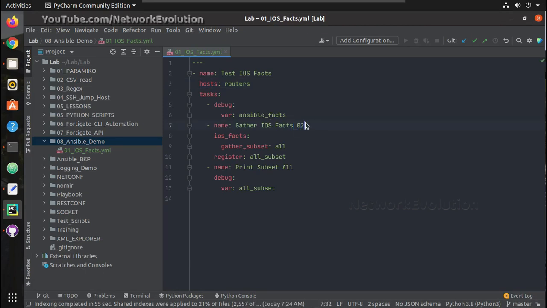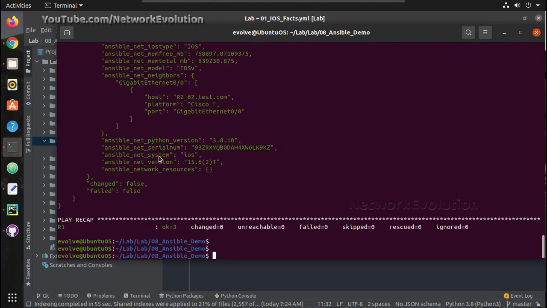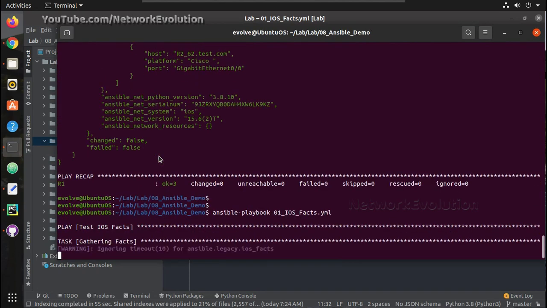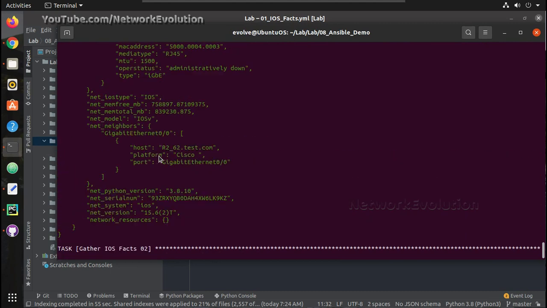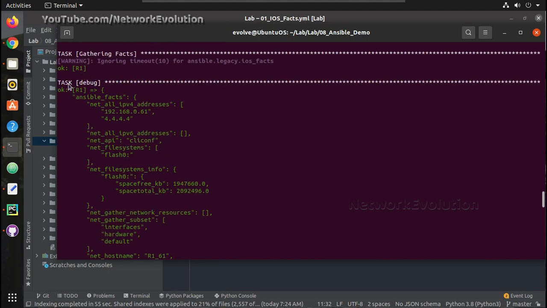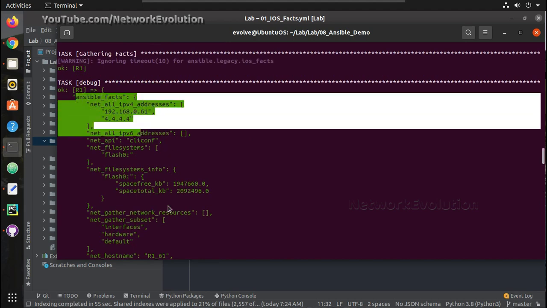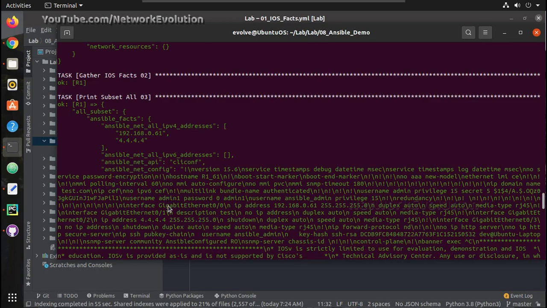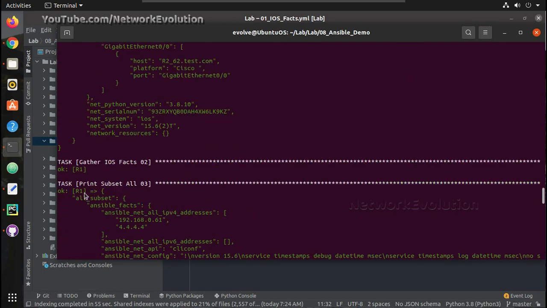Now I'll give numbers here so that we can differentiate it. So here also I am receiving Ansible facts. Here I am receiving the subset.